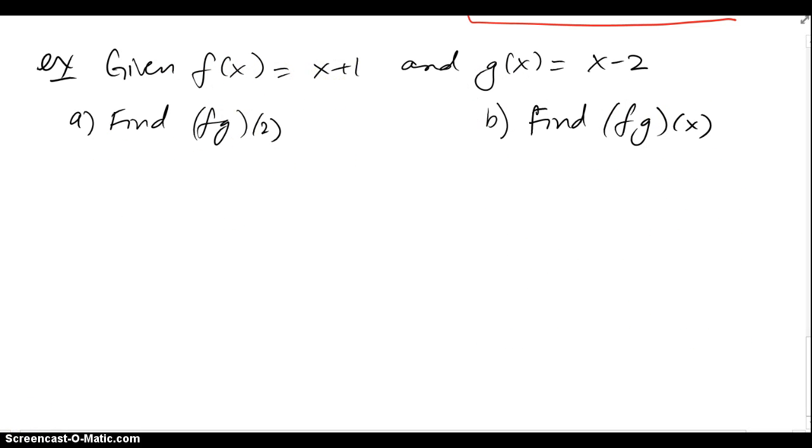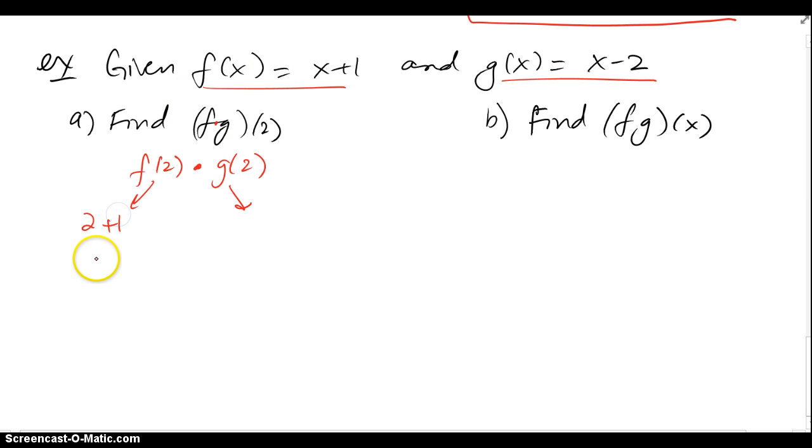Okay, given these two functions, f of x and g of x, we're supposed to find f g of 2. If you don't see anything between f and g, there's automatically an invisible multiplication sign. And this 2 really applies to f and to g. So f grabs the 2 and g grabs the 2, and the sign between them is a product, so I look at both pieces. If I put in a 2 for my f function, I get 2 plus 1, which is 3. If I put a 2 in my g function over here, I get 2 minus 2, which actually